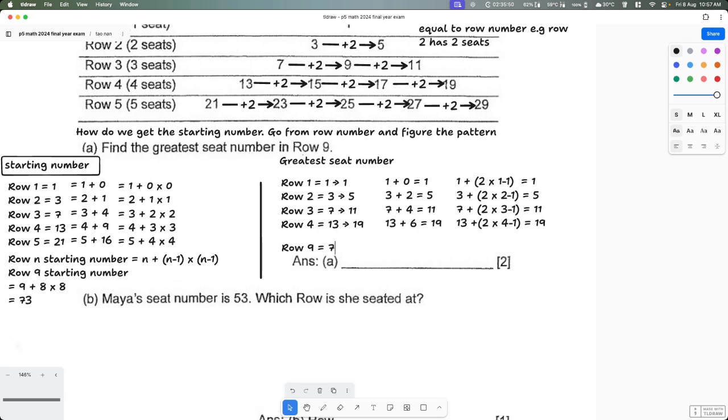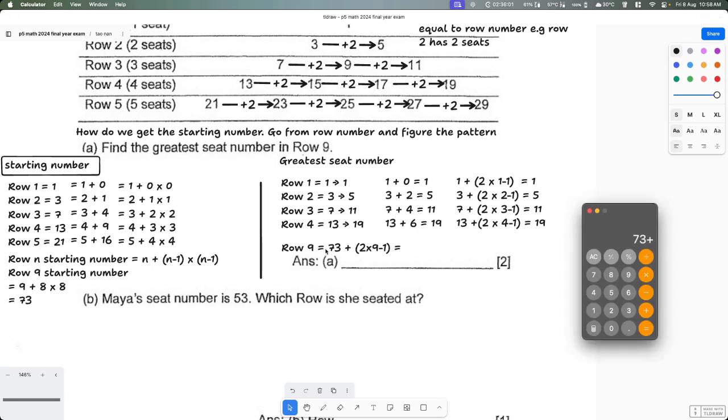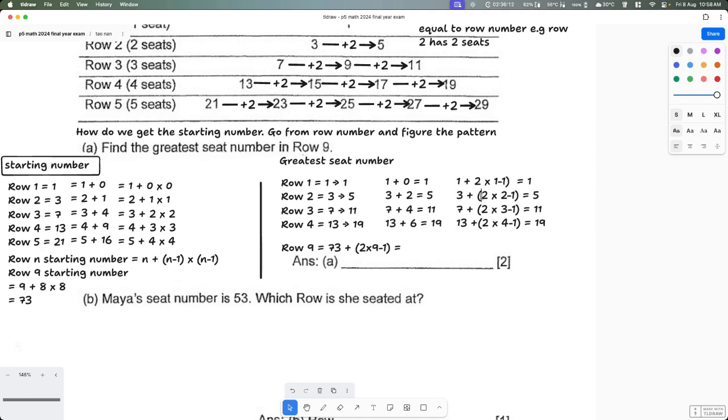So 73 plus bracket 2 times 9 minus 1 bracket, equal to... so 73 plus bracket 2 multiply by 9 minus 1. Oh, okay, so this should be just 2 times, but bracket the minus. Okay, so 2 times bracket 9 minus 1,